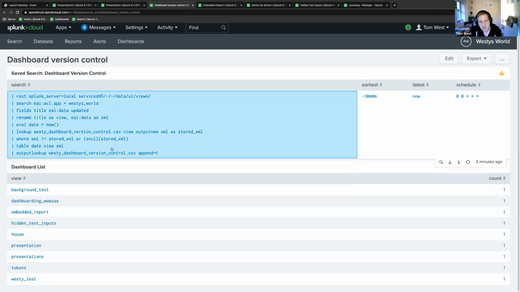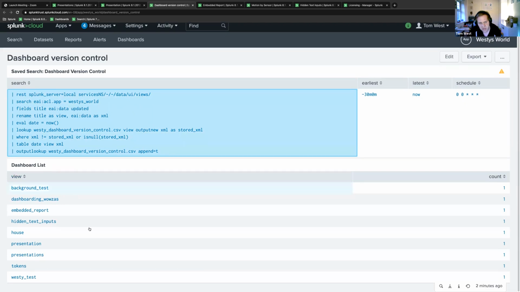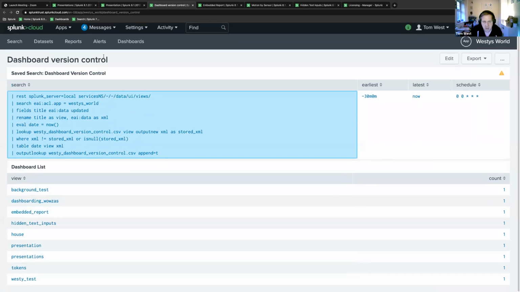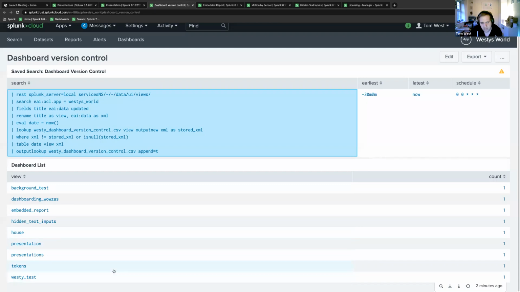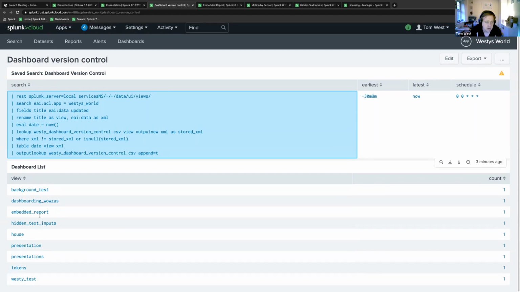If I select this search here, it's going to show you just what values are within that CSV at the moment. So we've captured these particular dashboards that are in my app. We've only gone and updated each one once since this report was created. And if I go to